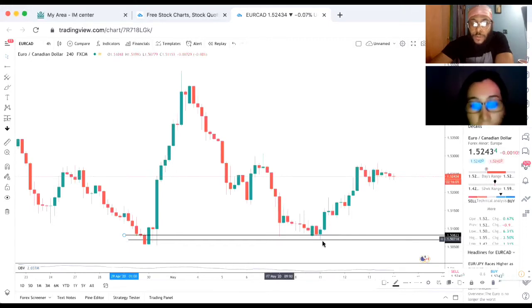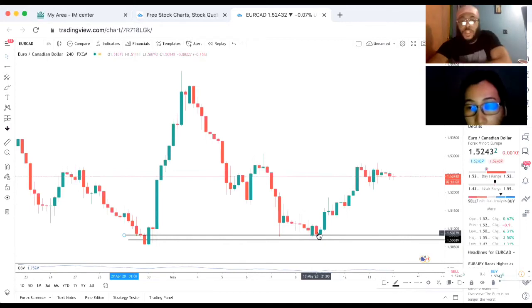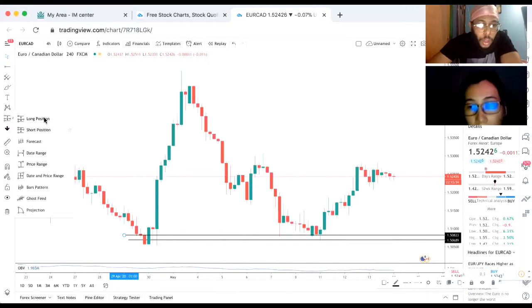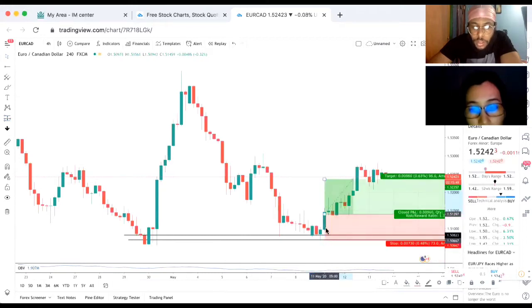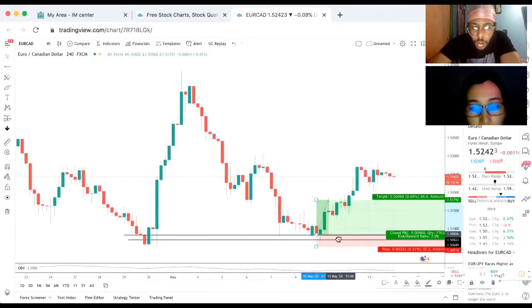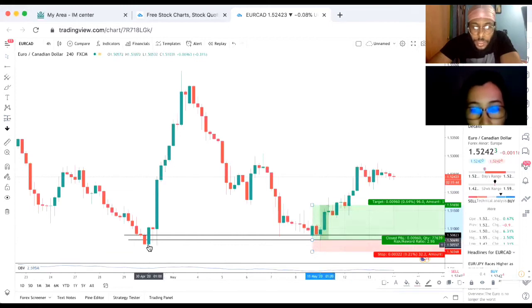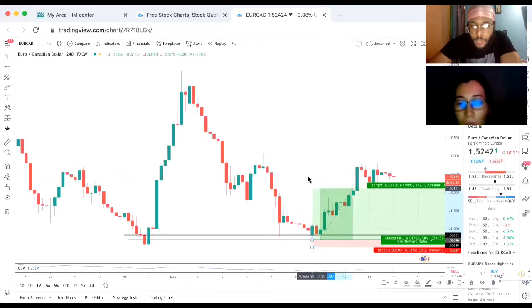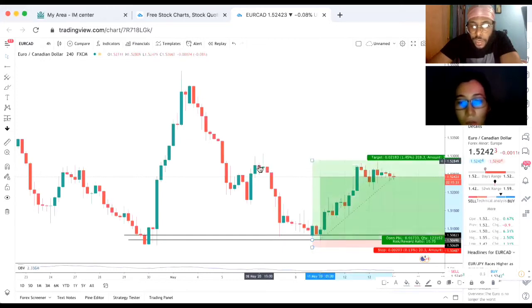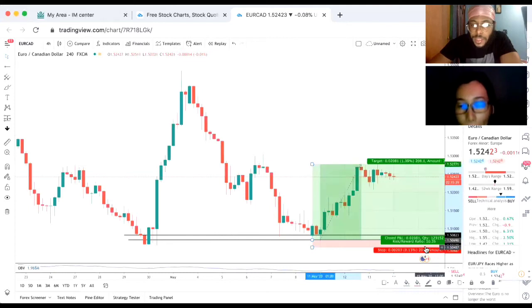Right. So if we were scoping this one out, your trade idea would look something like this, right? A long, and now your stop loss is very small, because we're not going to protect it right here. So your stop loss can be like 20 pips. And now your take profit can be somewhere right here. That right there is a 10-1.